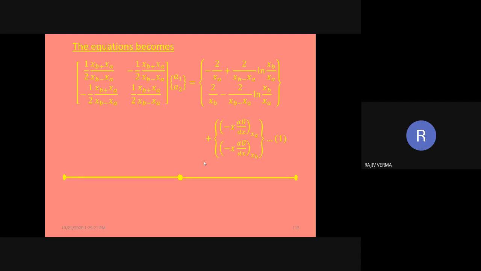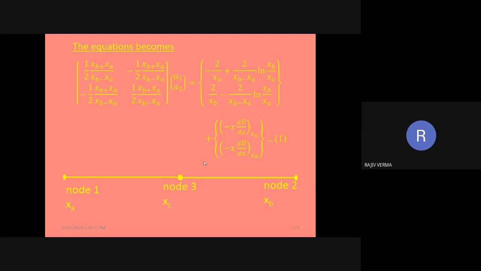Now we are going to proceed with the two element solution in which the domain is going to be divided into two linear elements. So in total there are three nodes: node number 1 at XA, node number 2 at XB, and node number 3 at XC. Please notice that the endpoints of the domain are still designated by two nodes, node 1 and node 2, located at XA and XB. This is the same as we have done in the case of a linear element.